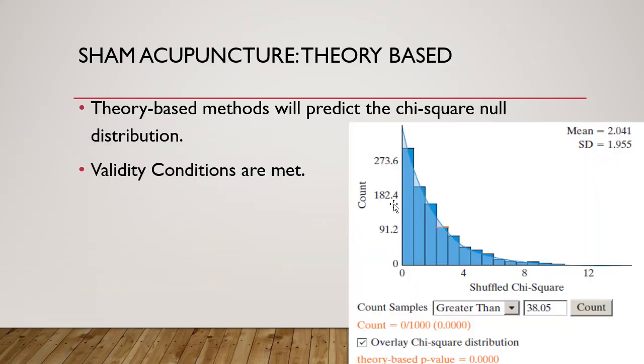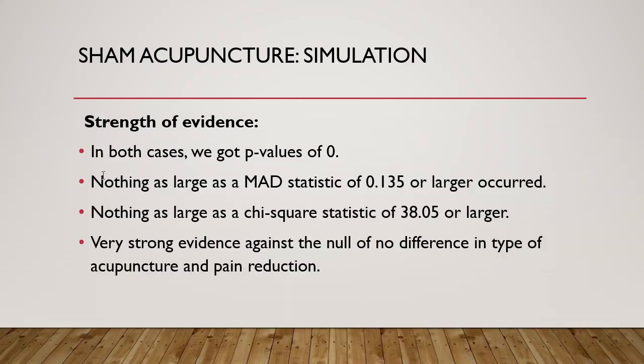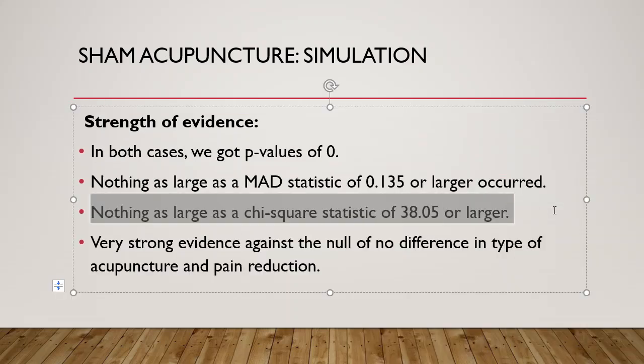So this is just re-seeing what we had. We had the p-value of 0. There's nothing as large as that chi-squared statistic. You could do it with the MAD statistic, you get the same thing. So we've got very strong evidence against the null. There must be some difference in the three